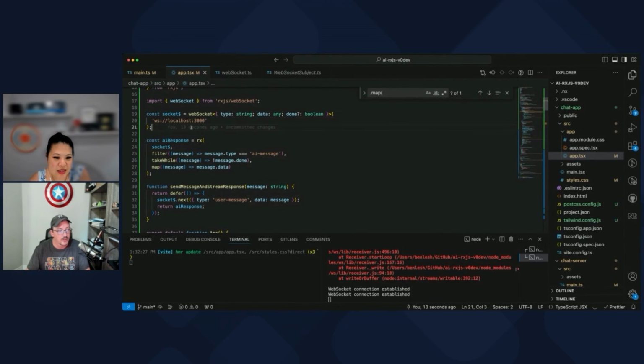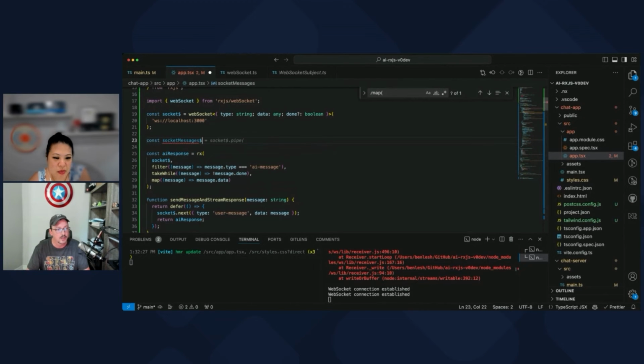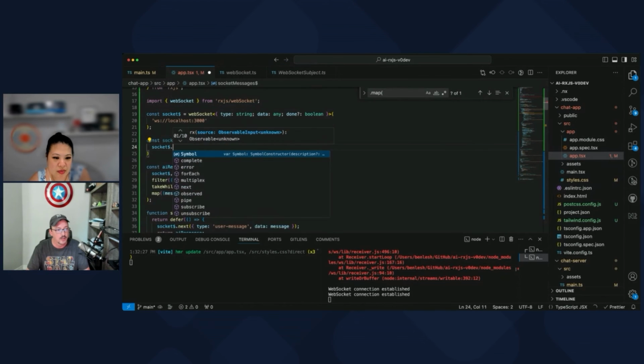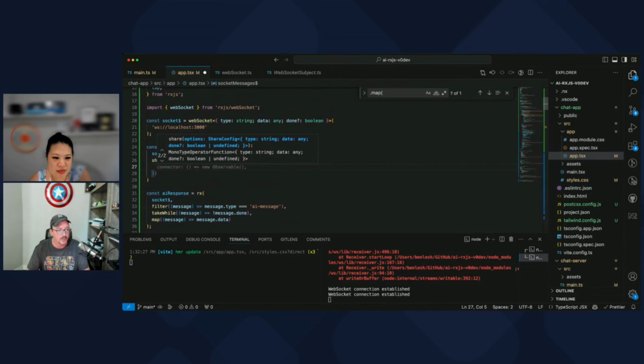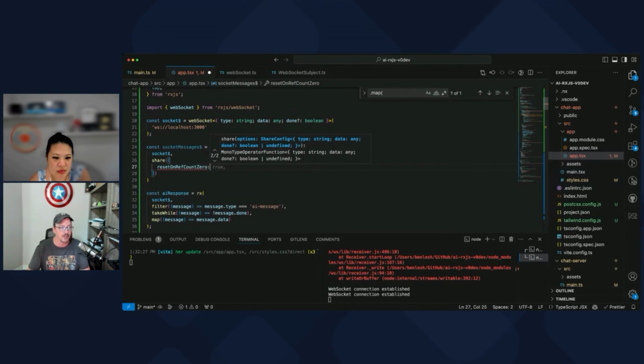The most important part. Let's import it. Let's see, refCount. The other thing is you can do resetOnRefCountZero and give it a function that gives you a timer.